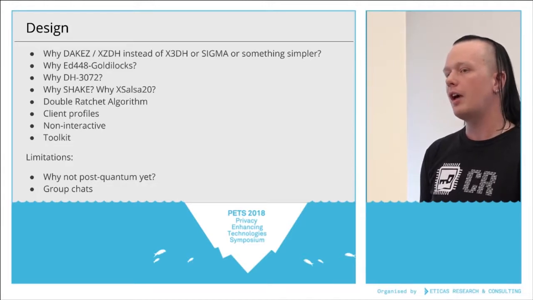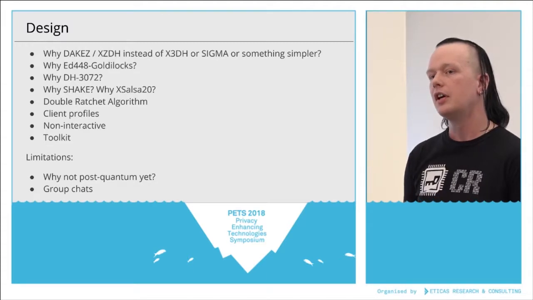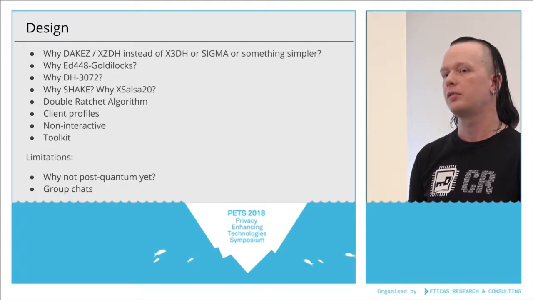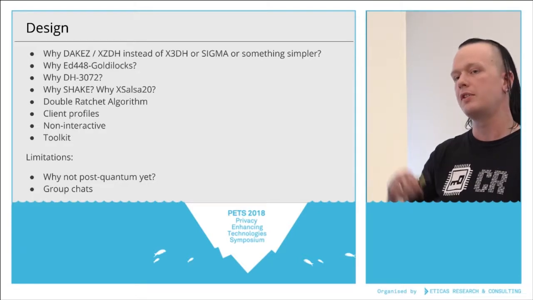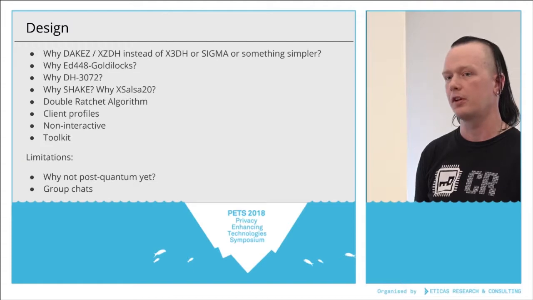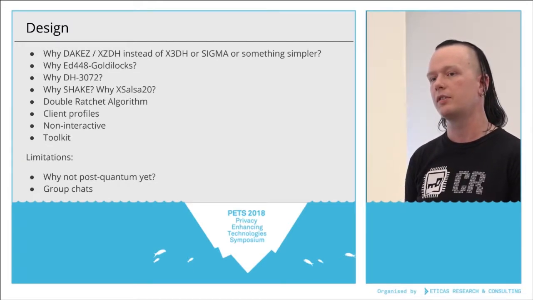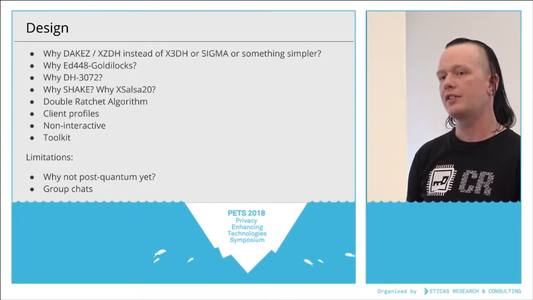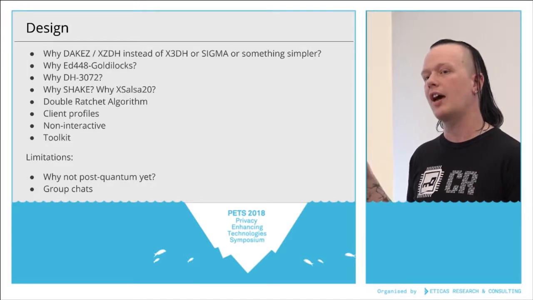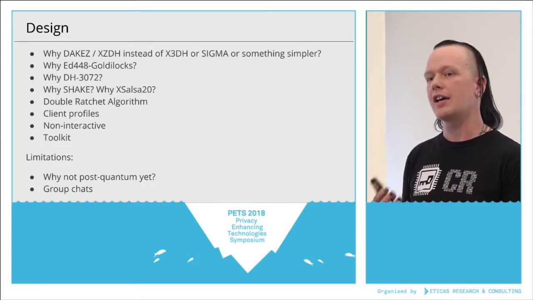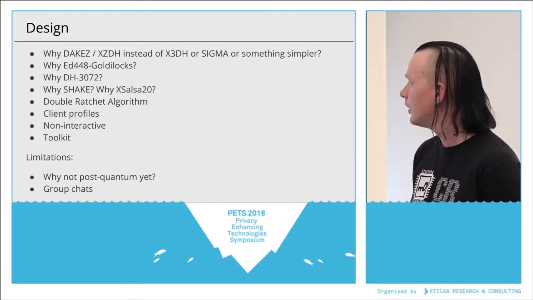For us to be able to have full participation deniability, we have introduced something called client profiles. Client profiles are also necessary for us to support offline messaging. And the client profile is one of the pieces that we publish to this pre-key server that we talked about earlier. The client profile is also necessary in order to make it possible for someone to create their first key and publish it somewhere, so that the first time it's used in an AKE, it's not actually a proof that someone participated somewhere.